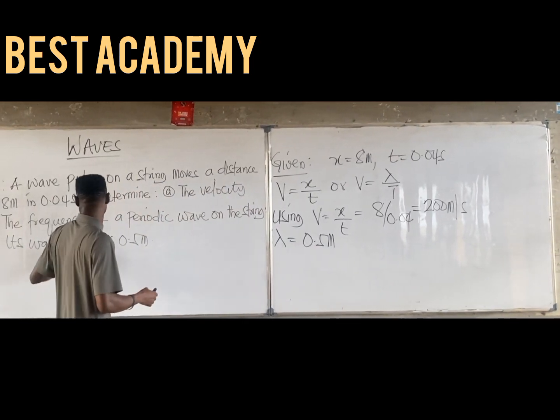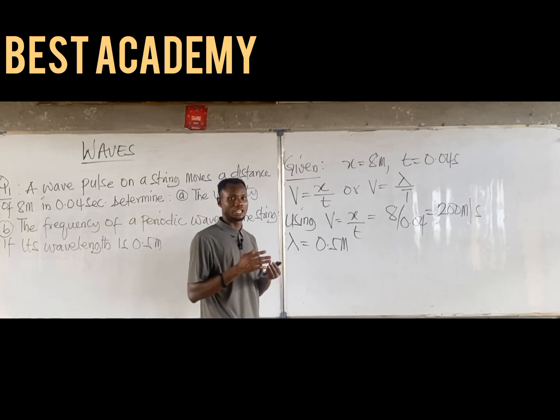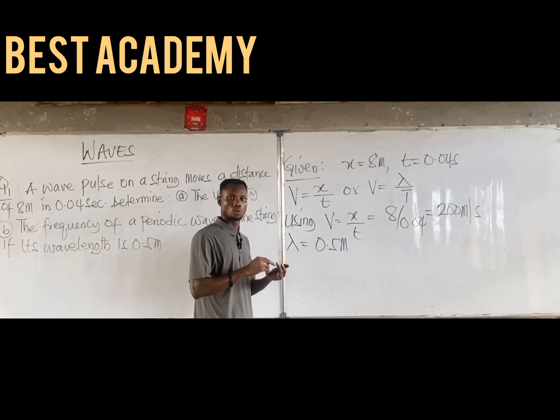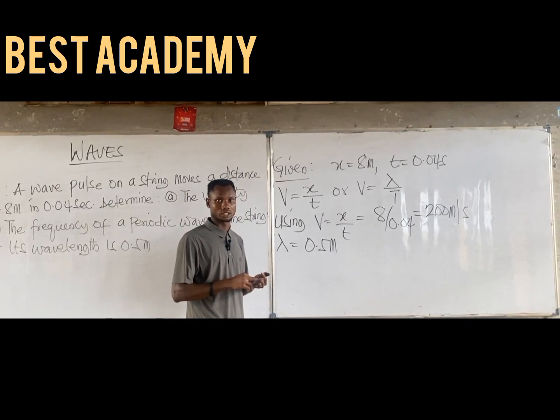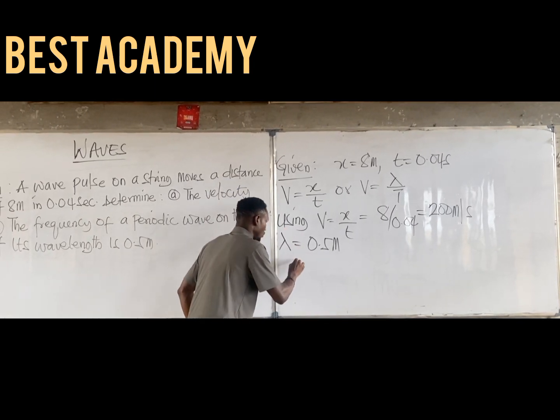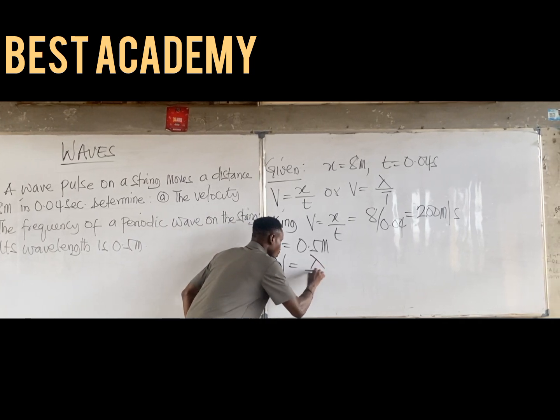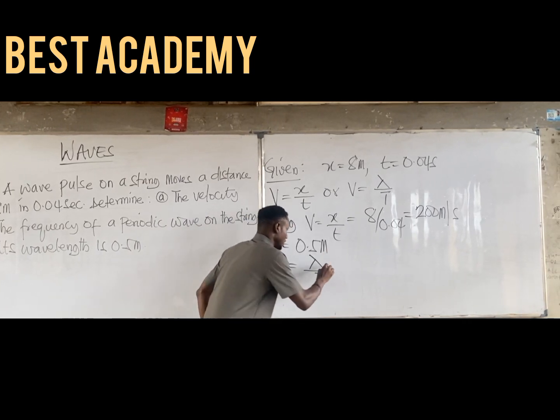Please class, we are asked to find what? Frequency. But remember that there is a particular formula that relates velocity, wavelength, and what? Frequency. What is that formula here? We say that from v equal to lambda over T, this is the same thing as